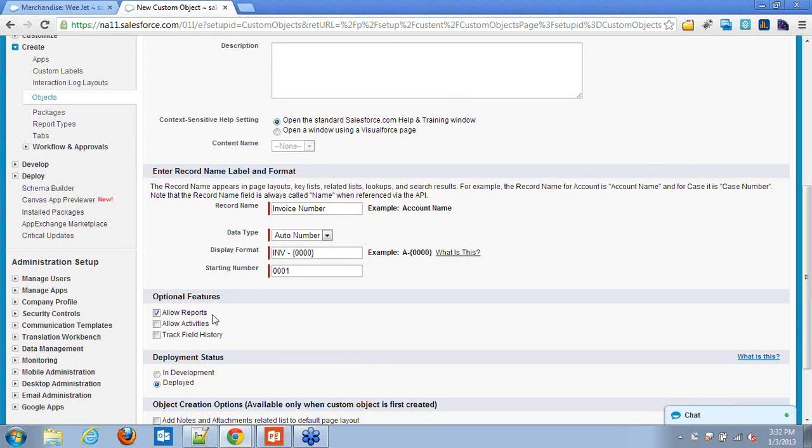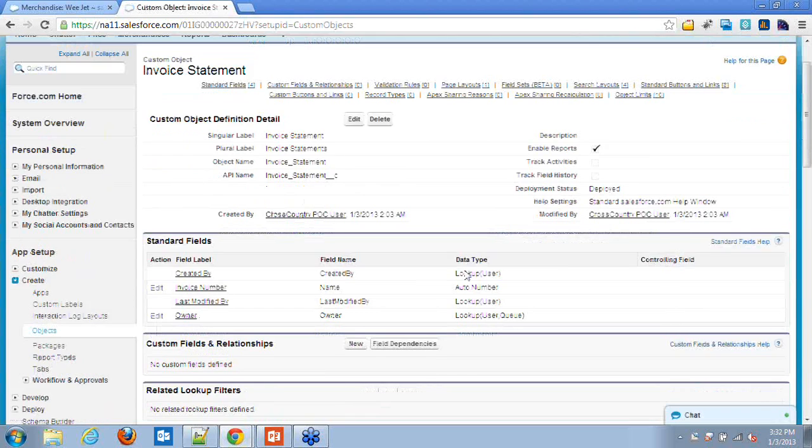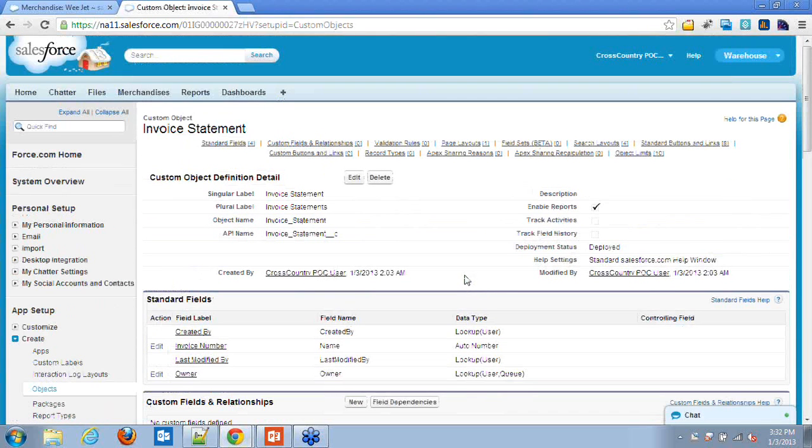There are analytics available at dashboards and reports. So if you want to create reports based on this object, you have to just check it. This object will be available for reporting. And just save, so you have created invoice object.